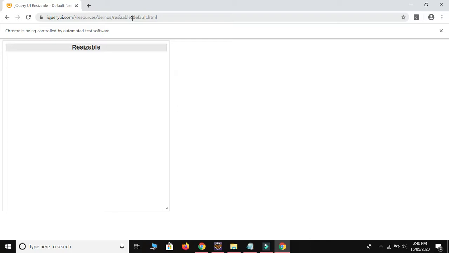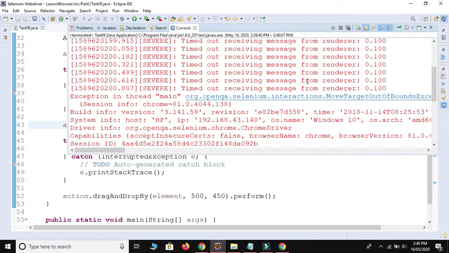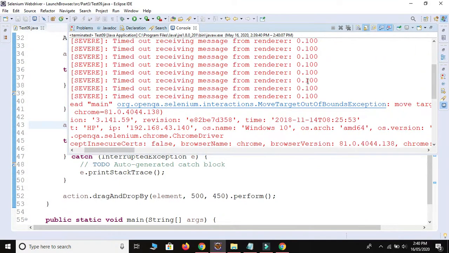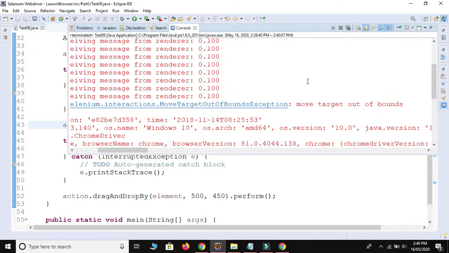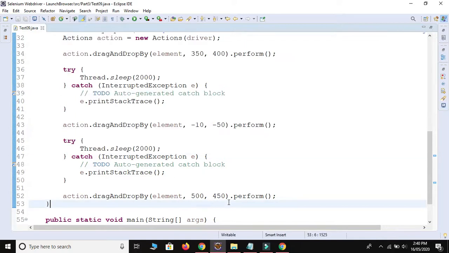Okay, let me open Eclipse. Yeah, changed. No, we got an error. Which error? Okay, MoveTargetOutOfBoundsException. So let me provide some small value, from 200 to 200.